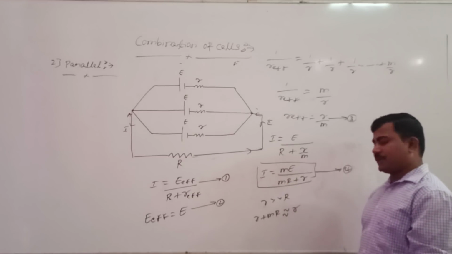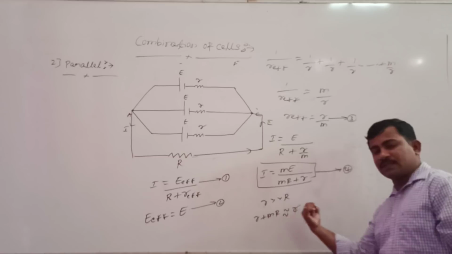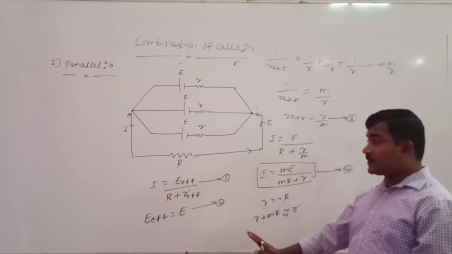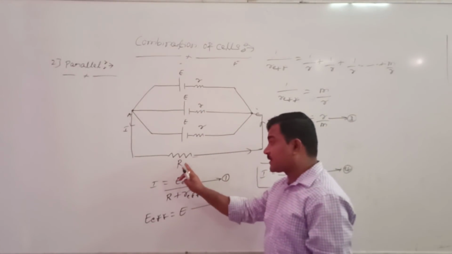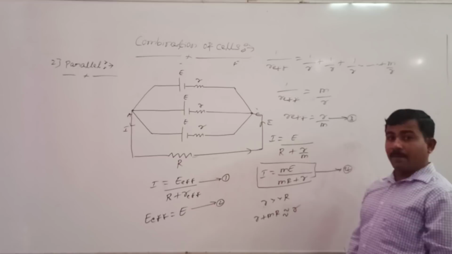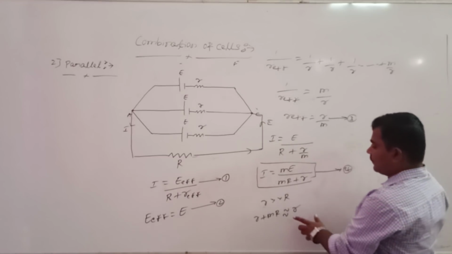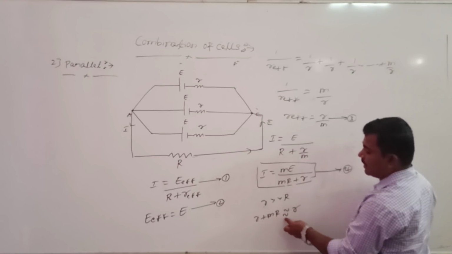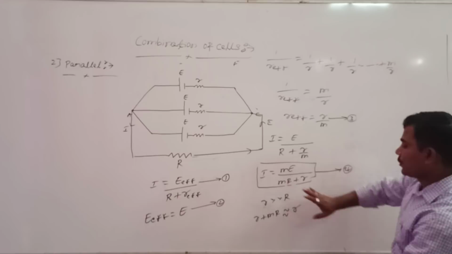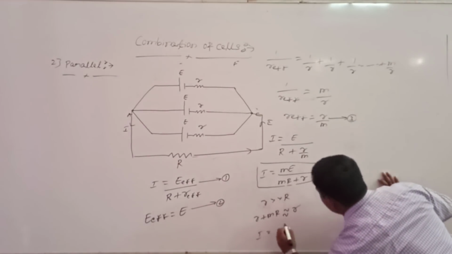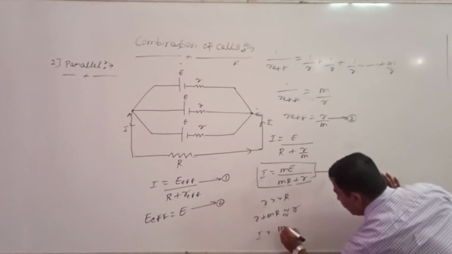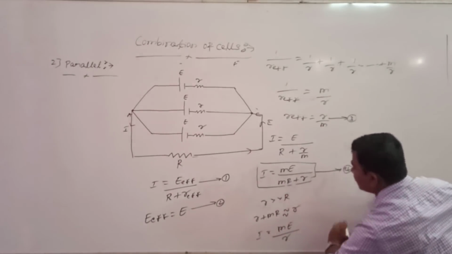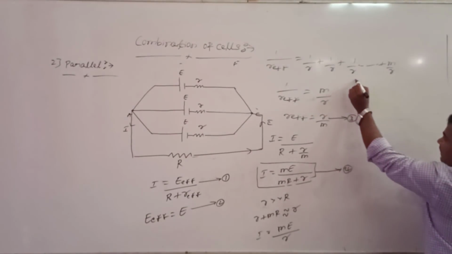Then what about this equation? Are you following this point? Let us see once again. If small r is very greater than capital R, internal resistance is very greater compared to external resistor, then what about this equation? This term R plus small r plus small m into R is nearly equal to small r. Then how to modify the equation? Equation 4. See here, I equal to M into E divided by this value, which is nearly equal to how much? That is small r.